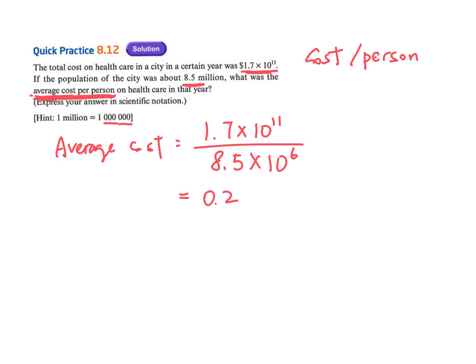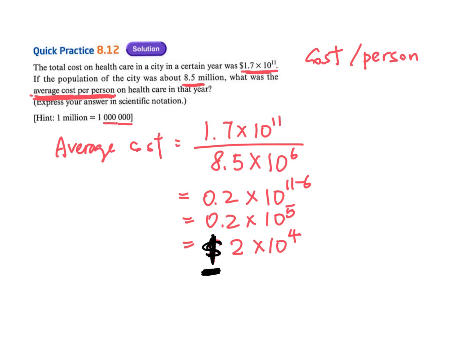So here would be 0.2. And then times 10 to the power 11 minus 6. So that means 10 to the power 5. And then remember, this one can't be the final answer, okay, because 0.2 is not between 1 to 10. So here would be 2 times 10 to the power 4. Okay, remember here you have the dollar sign. Okay, 記住 unit 唔好俾我扣分。